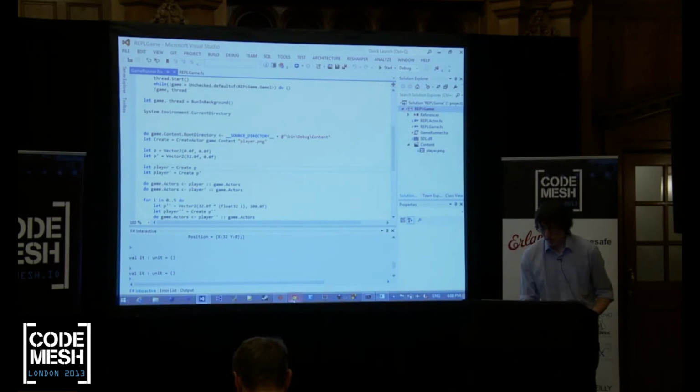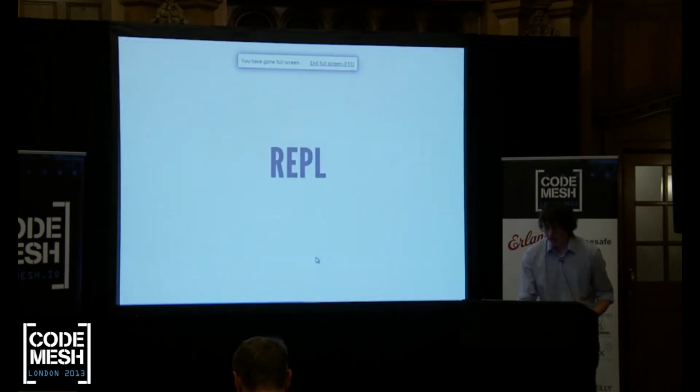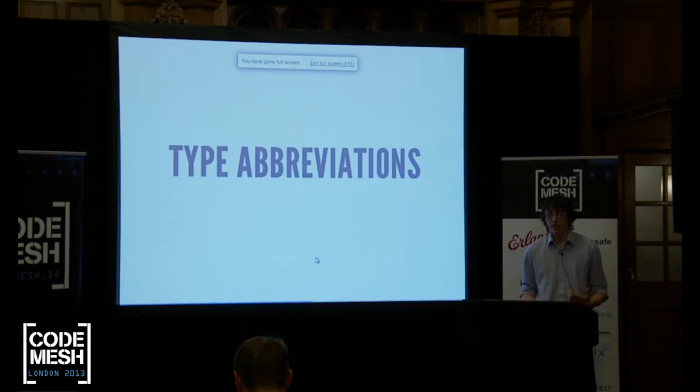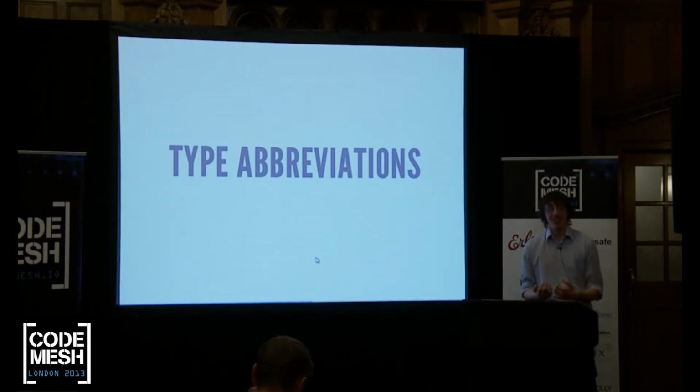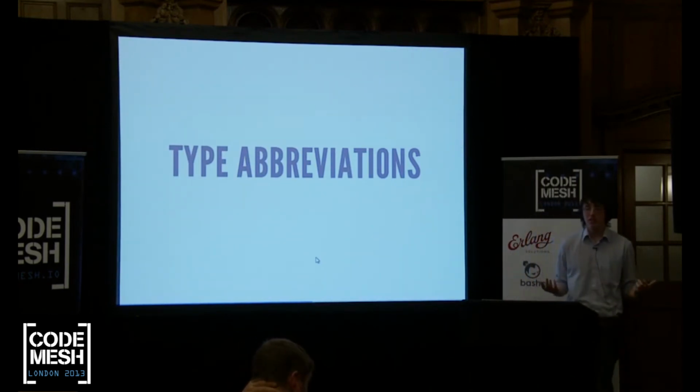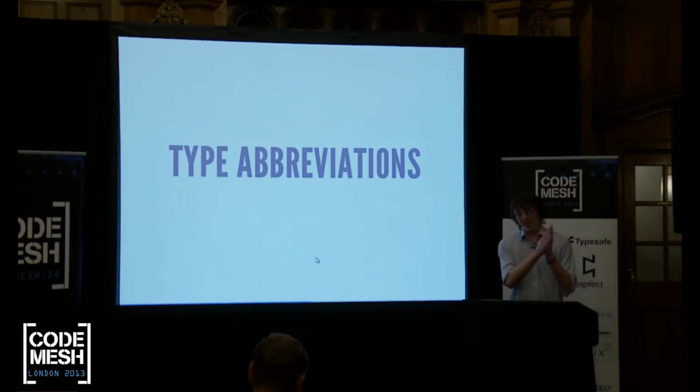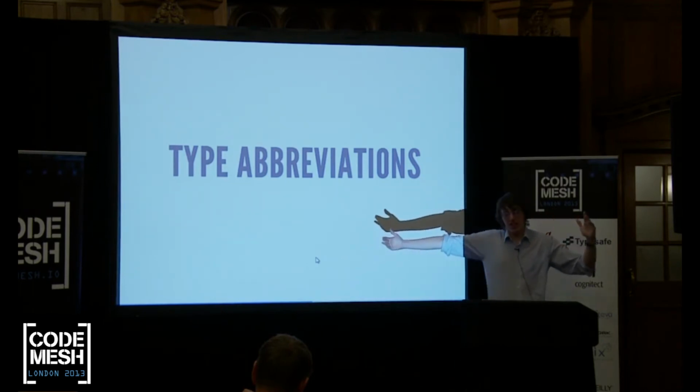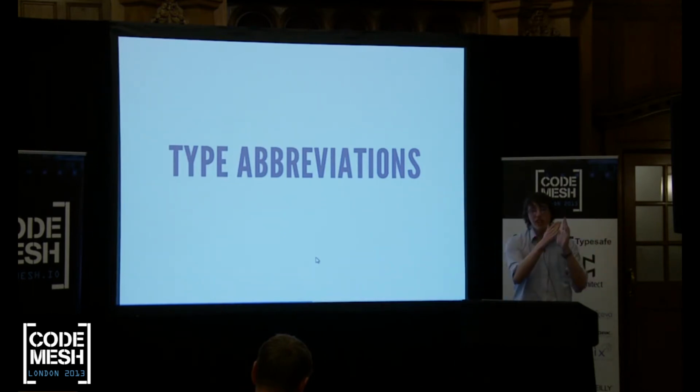Now, the next thing is type abbreviations. It's something really boring, but it's something that so many languages get wrong. I'm sure if you've ever used C# and you've seen the horrendously long namespace and class names that you can get, you'll have at some point thought, using X equals hideously long class name. But that using X only relates to the file that it's in. F#,